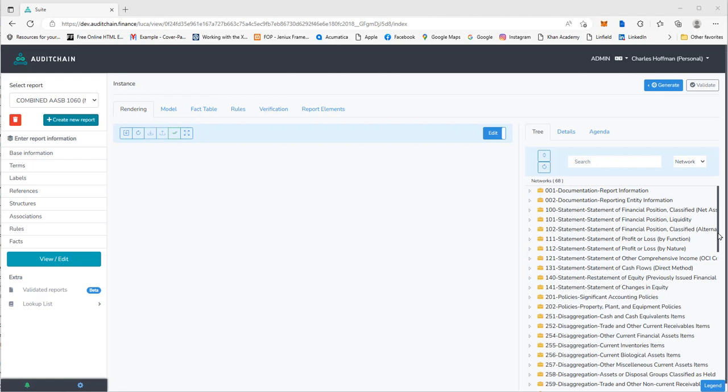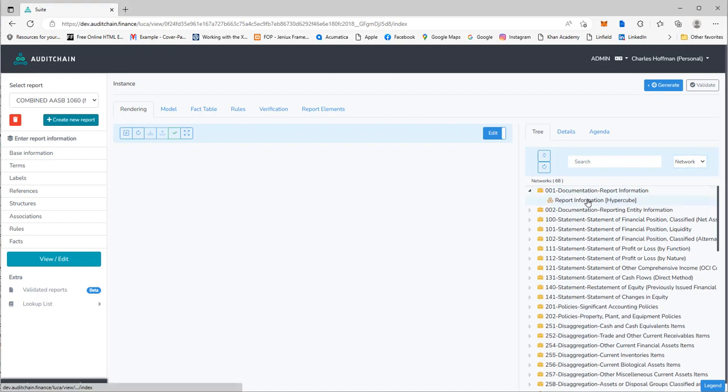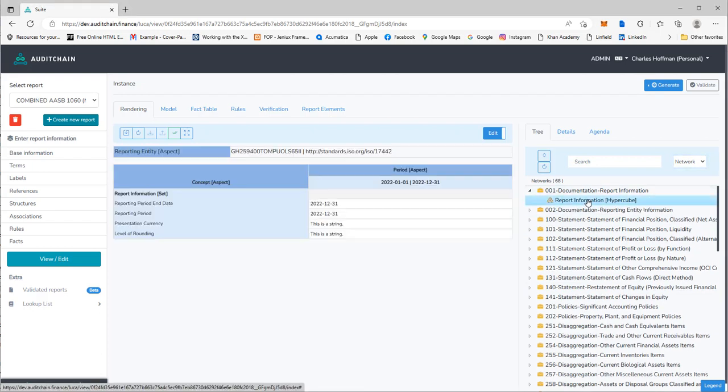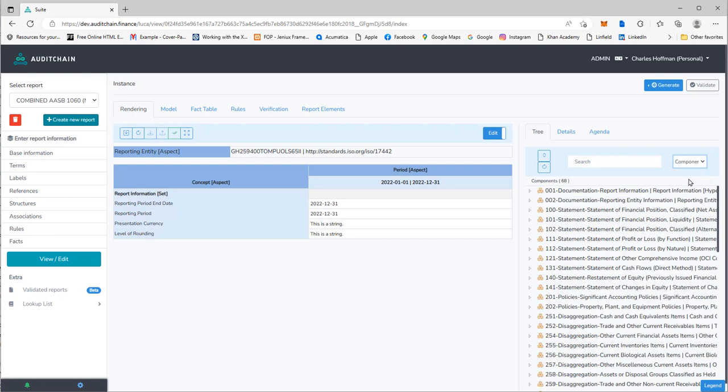So here I've had a fairly large report loaded. It's got 68 networks. You can open the network, view the information in the network. But you can also change the view. So here, a network is an XBRL syntactic view. A component is also an XBRL syntactic view. It's a network